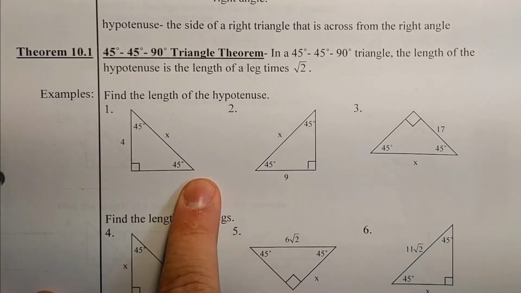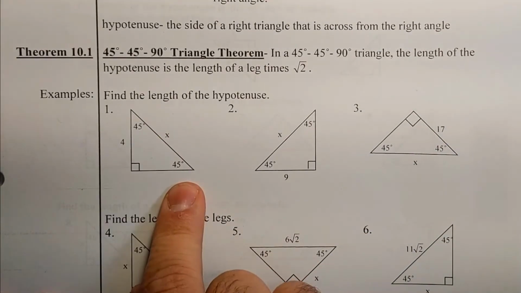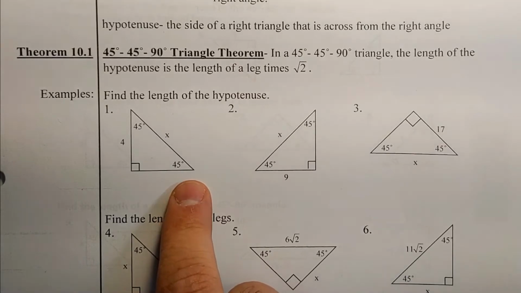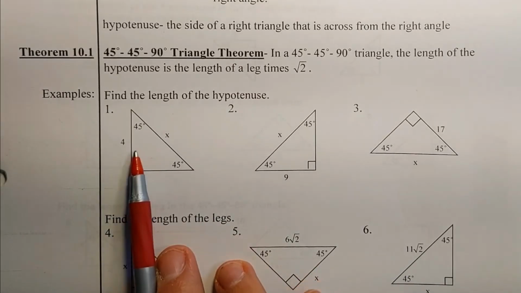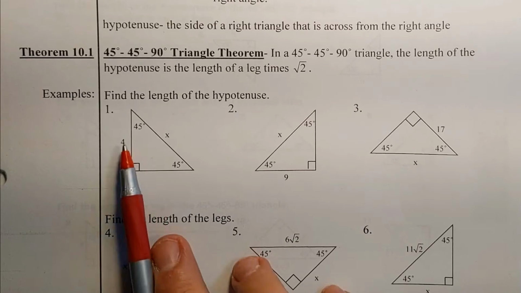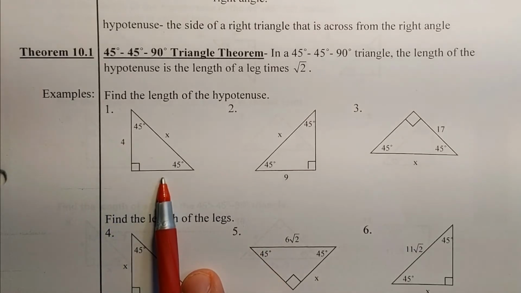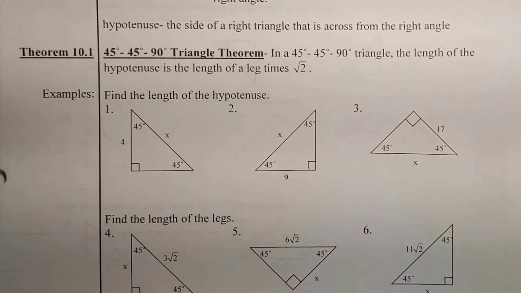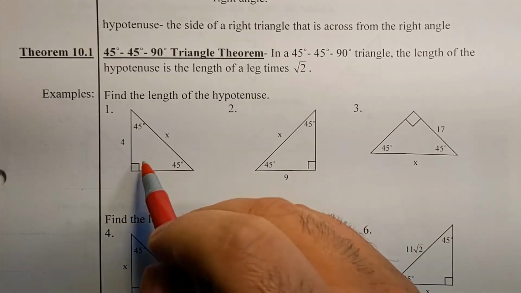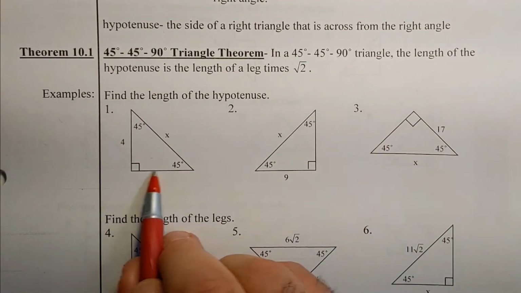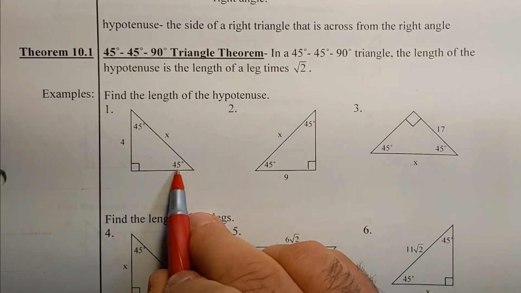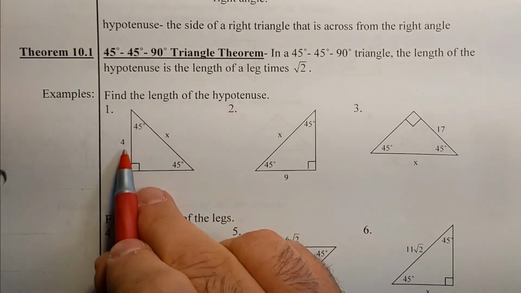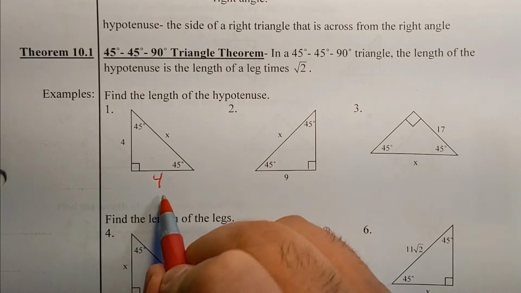So there are two 45 angles and a 90. Because these angles are the same, it makes it isosceles, and the definition of isosceles says that two sides will be the same, so the two legs will be the same on this right triangle. So down here, where there's a side that we don't know, because they're 45 and 45, these angles are the same, these sides are the same, that's going to be a 4